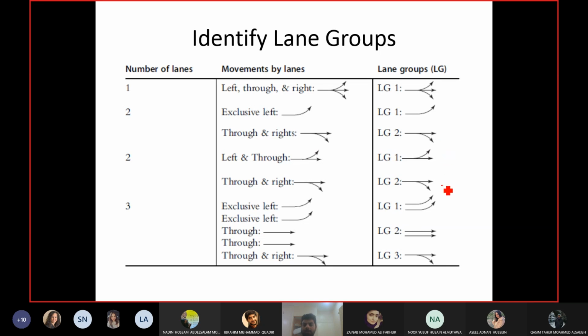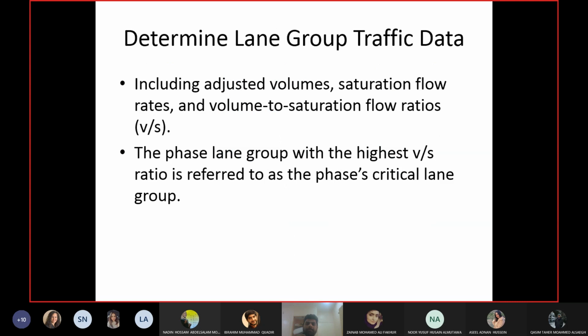Now this one, if they are in the same side, okay, I'm just trying to explain the difference. So if this lane and this lane are on the same approach, then both of them will be in the same lane group, right? Because they have exactly same movements. Okay, shared, through and right. So this one and this one can be together. Similarly, you can see 2 lanes having exclusive left turn, they can be together in the same lane group. Two lanes having exclusive through movement can be together. Okay, so lane group changes whenever you have a difference in the movement, and if the movements are the same, then the lane group remains the same.